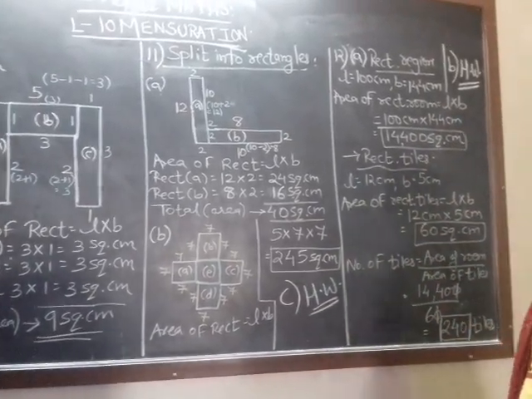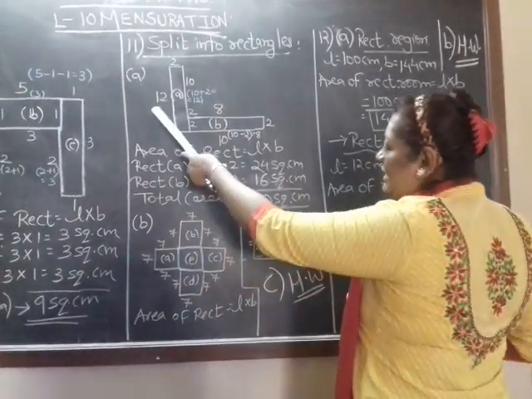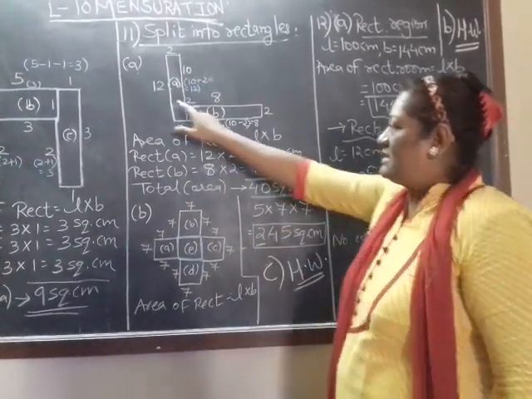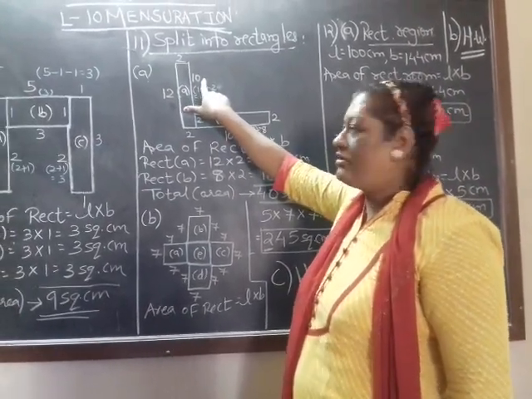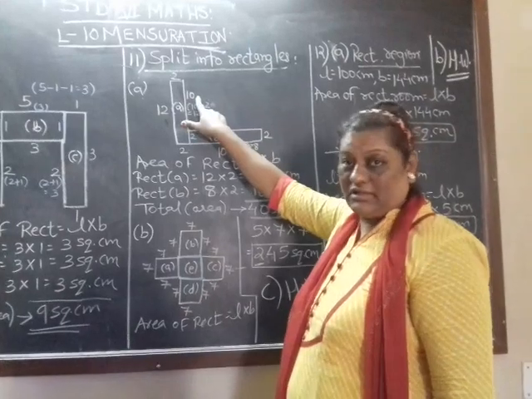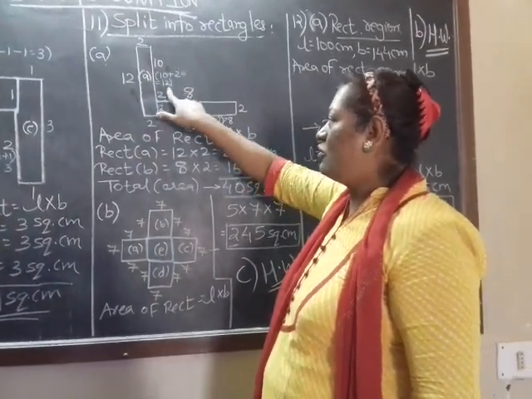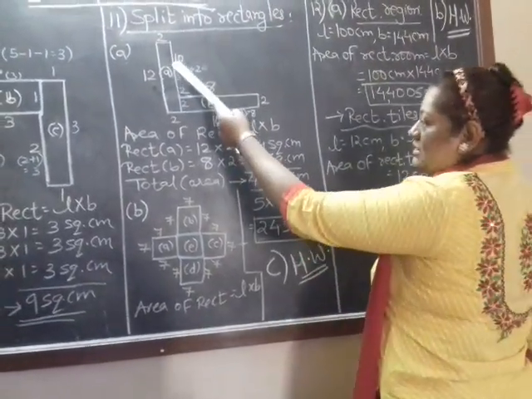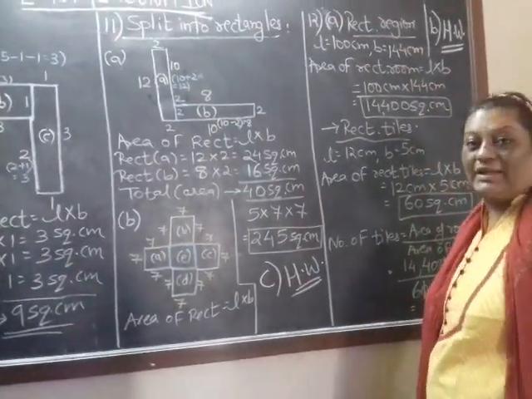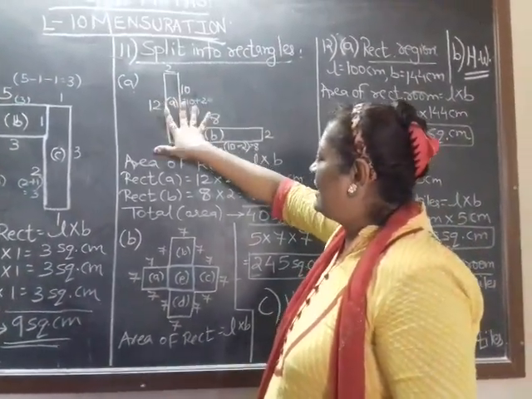Coming on to question number 11, this will be the same method. Now here you can check that given L shape. If this is 12, will it work with 10 on the opposite side of that, the length? No. If this is a length of 12 centimeter, this should also be a length of 12 centimeter. So now what we have to do, this is 10. So how many more will you add to make it 12? 10 plus 2, 12. So now both the sides' length is the same.